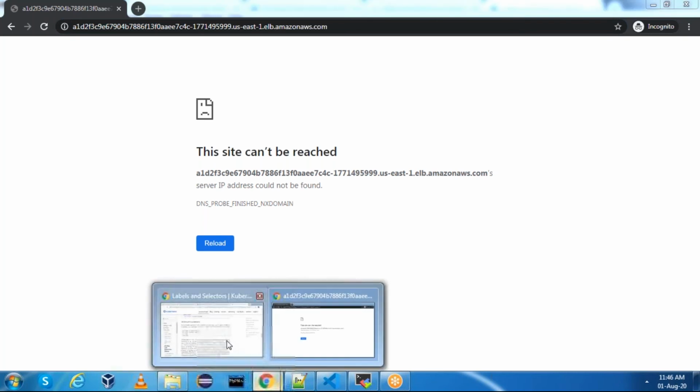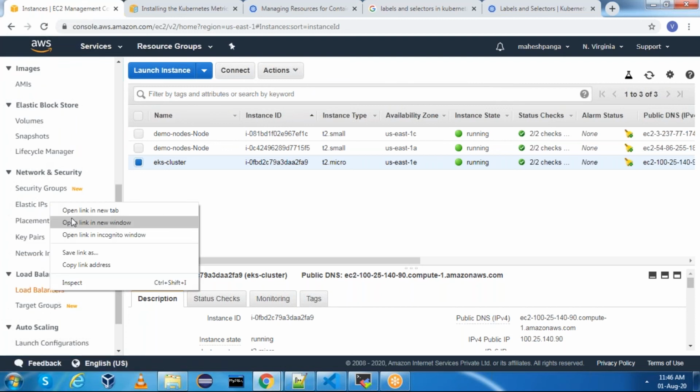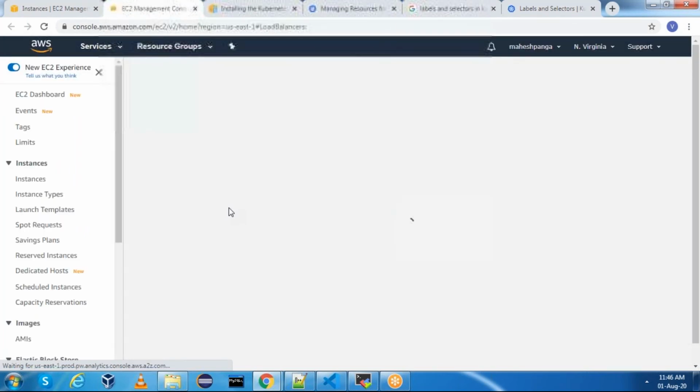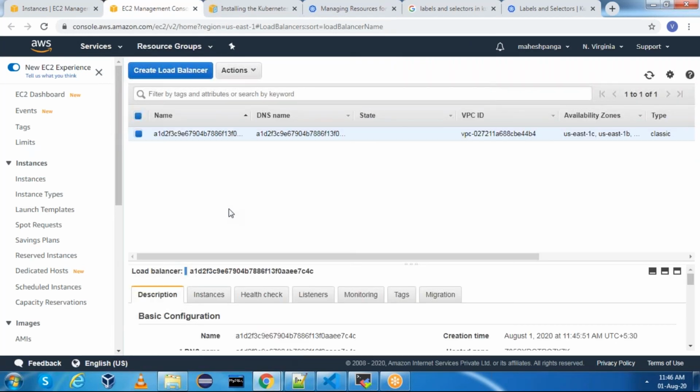If you want, you can confirm in the load balancer section as well. Go to instances, go to load balancer sections. Even though the load balancer is there, we will not be able to get the response. Why? Because in the deployment, there is one label under the match label section, and in the service, there is another label in the selector section.